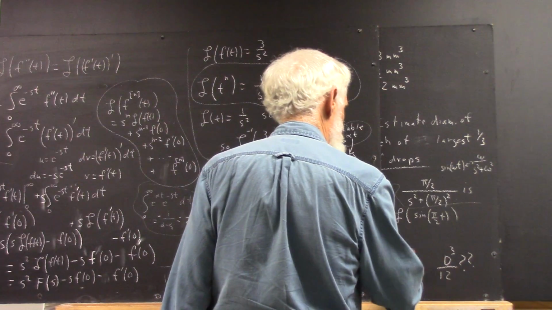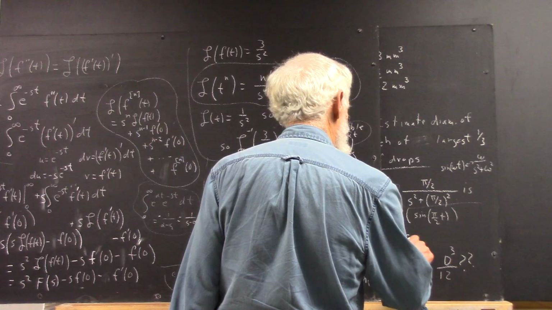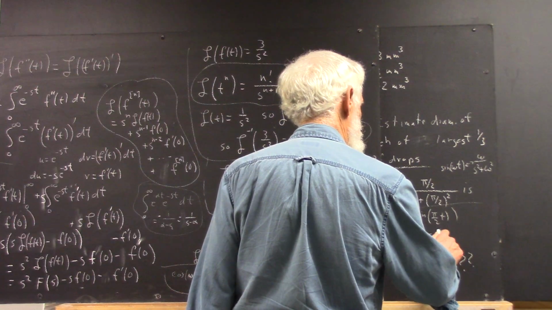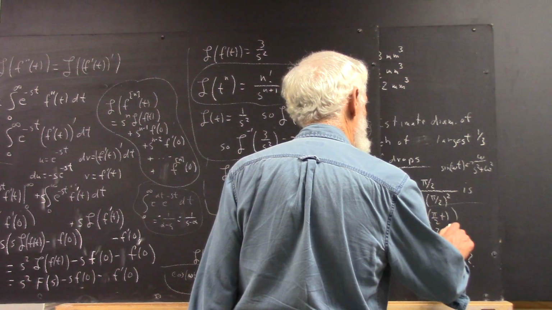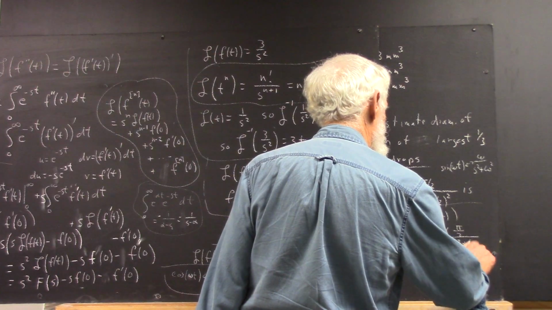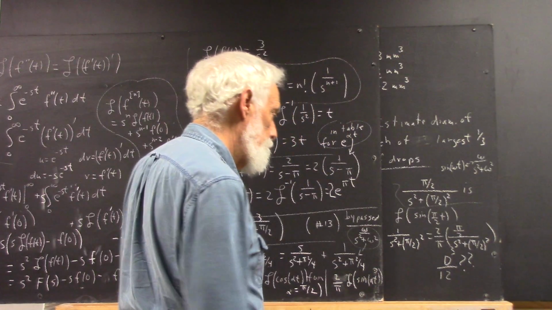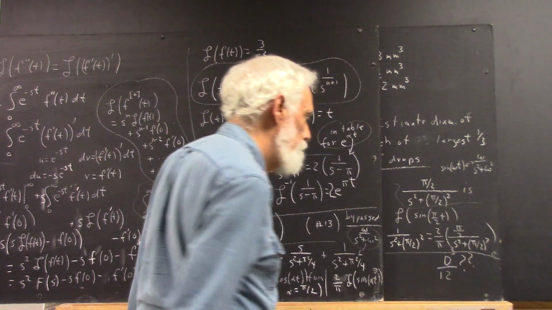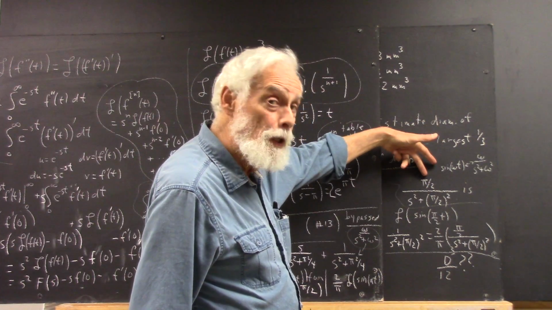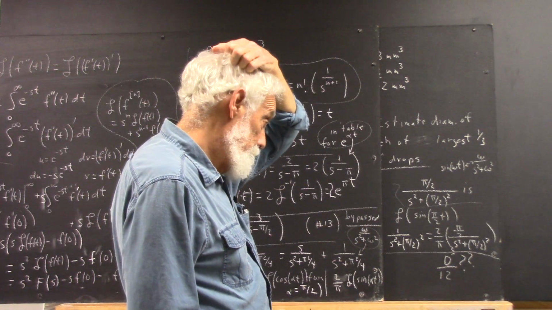Well, 1 over s squared plus pi over 2 quantity squared is 2 over pi times pi over 2 over s squared plus pi over 2 quantity squared. Okay? And what do you have to multiply this by to get this? 2 over pi would be a good idea. So that, again,